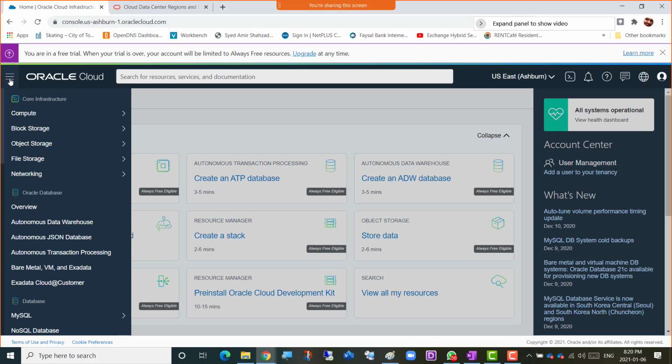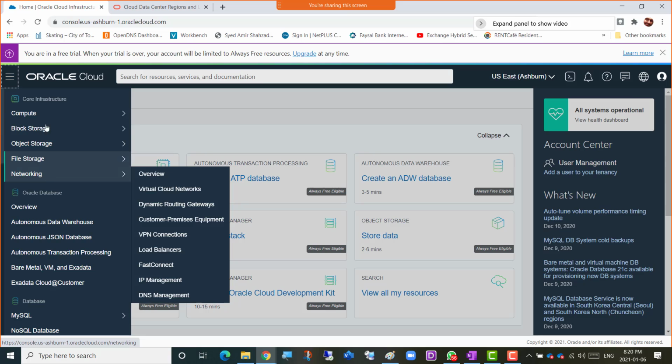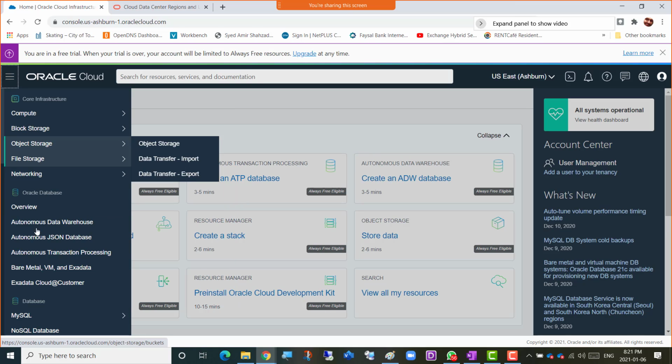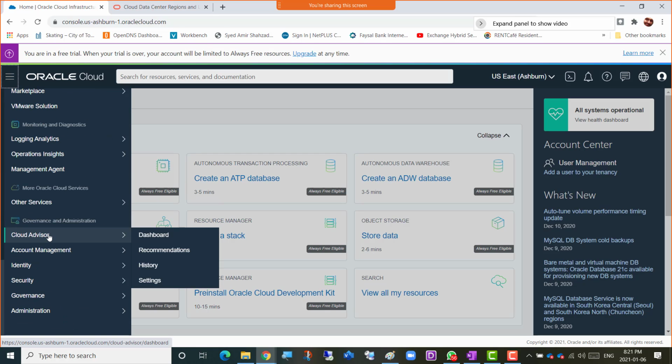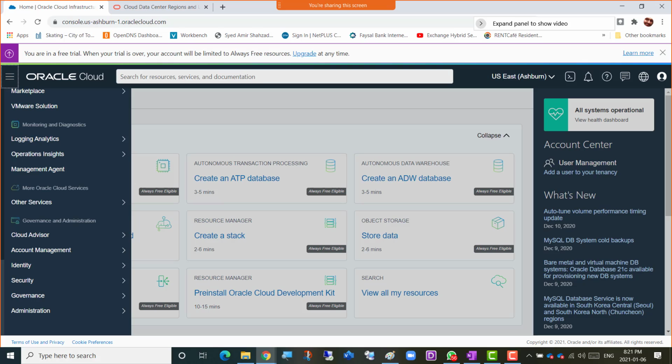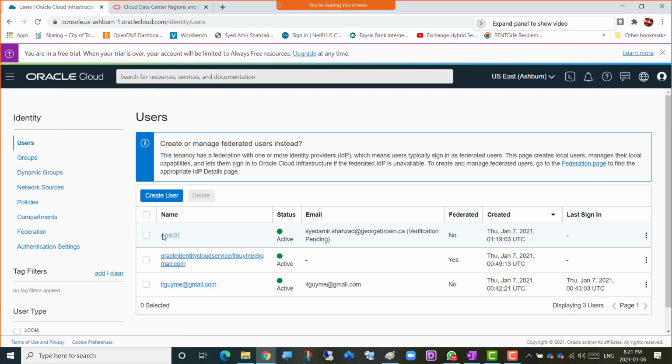Then if we go to the portal here, there's compute, and then there's block storage, object storage, file storage, networking, basically, and other than that, the database section. So if I go way down to the bottom here, then we can see the cloud advisor and account management. I'm going to go to identity here, so that's way down, and then I'm going to go to the identity. So in the identity, yes, there already is a user here, then there's this user, and Oracle Identity Cloud